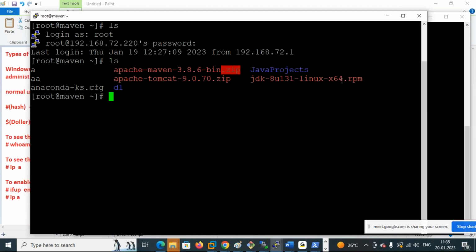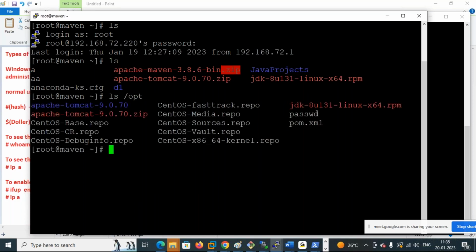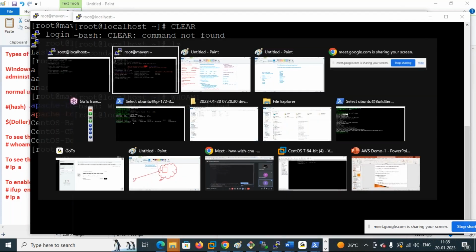What type of file is an RPM file? So like that, we have tar files, zip files, RPM. Going forward, in Linux basics we are going to discuss all these types of files,